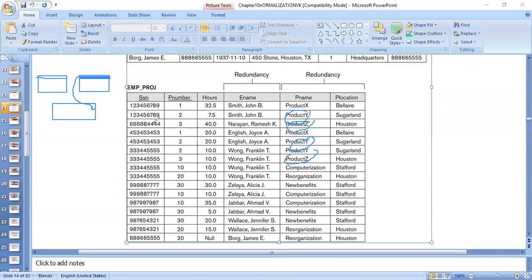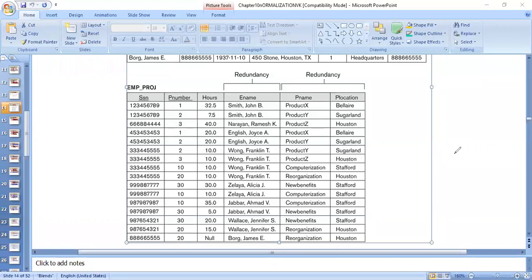And because of this mistake in not bifurcating the entities, the problem we will face is, the moment we try to delete one particular project, we are also going to lose the employee who is working on that project. His details also will automatically go. So this is called delete anomaly. Clear with this? Okay. The moment I try to delete one entity, automatically it is going to cause a removal of other entity. So this is the problem.